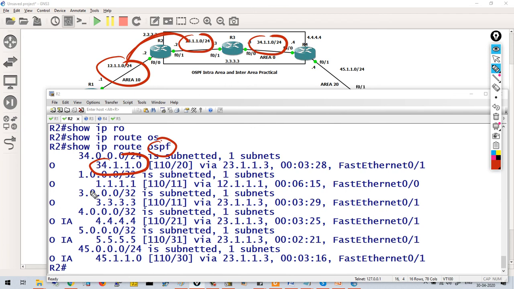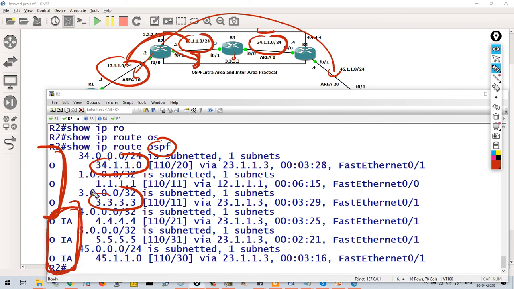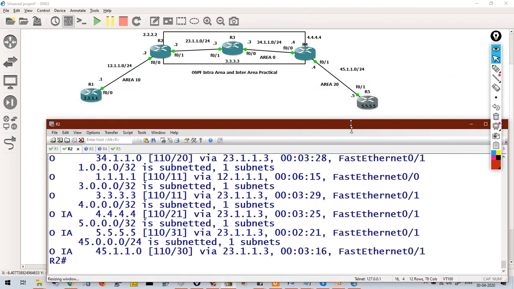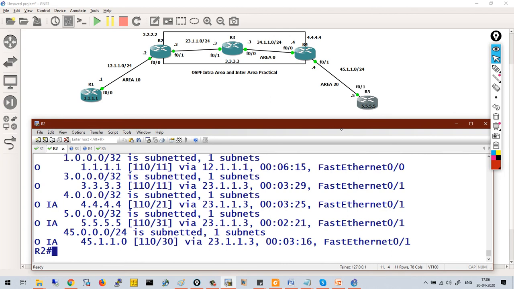But if you check the loopback of R3, the 34th network or 1.1.1.1, all are intra area, because R2 is a member of area 10 and also area 0. But if you see networks of area 20 on R2, you will get them as inter area. Fine. So this is the whole concept behind intra area and inter area routes. So guys, in this video, we have seen how we can configure OSPF intra area and inter area operations. Thank you.